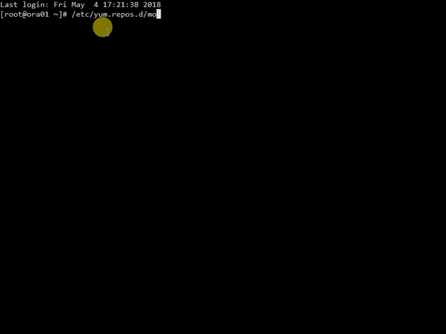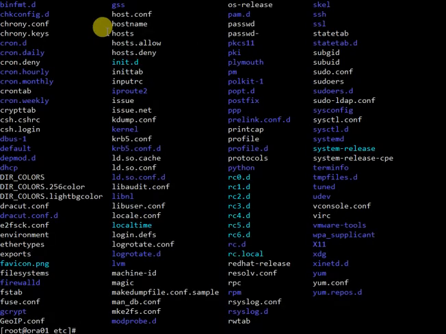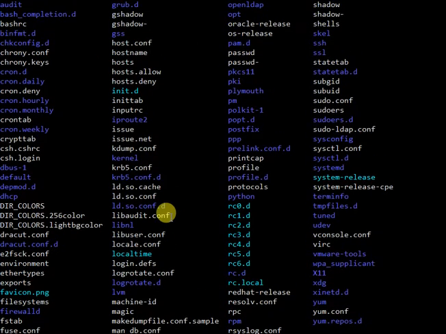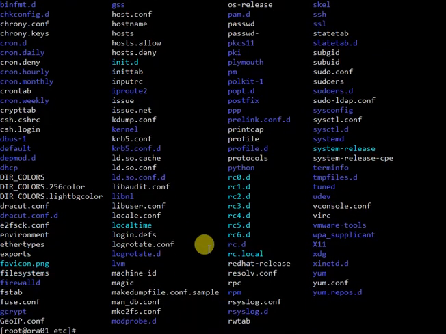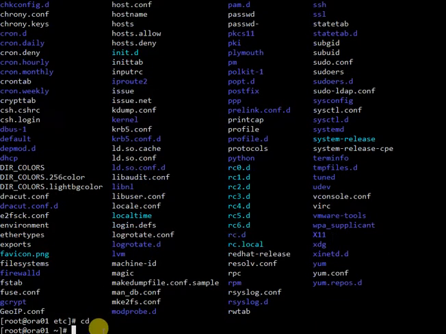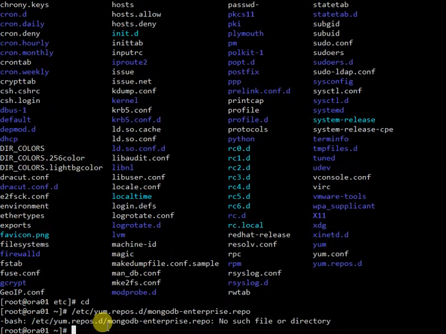If I quickly go to the etc directory, I will find the existing repos here. But anyways, let me just straight away start with the creation of the